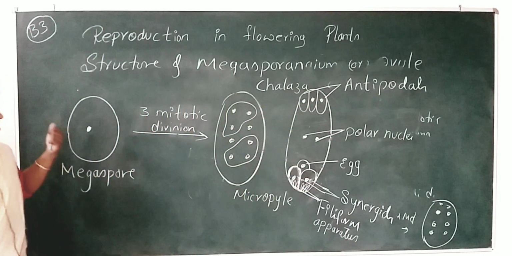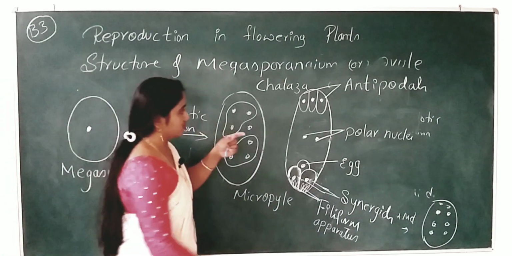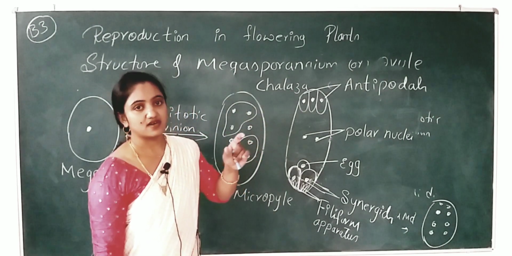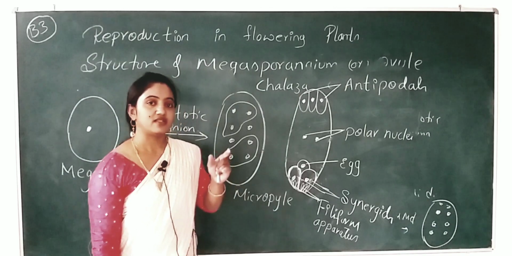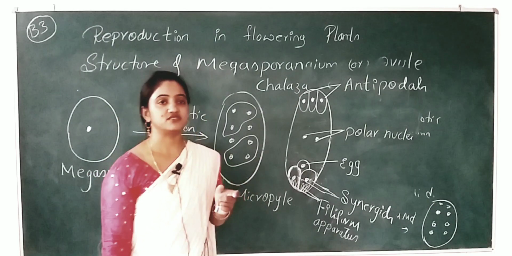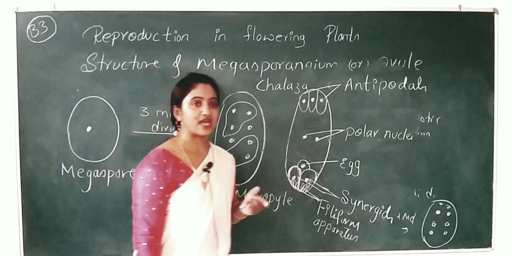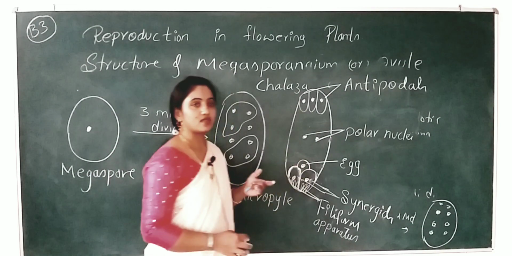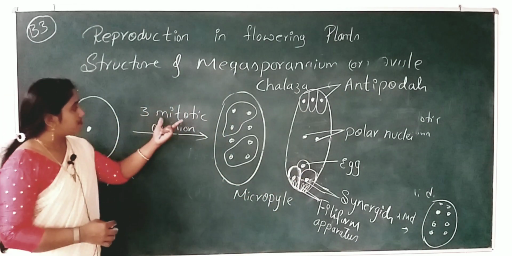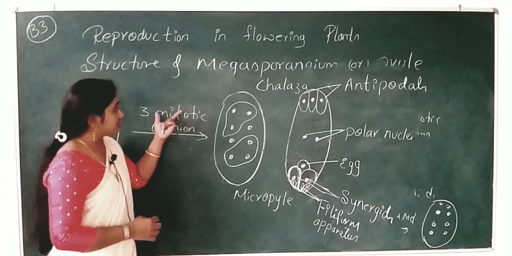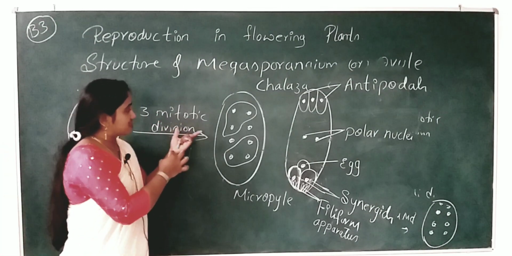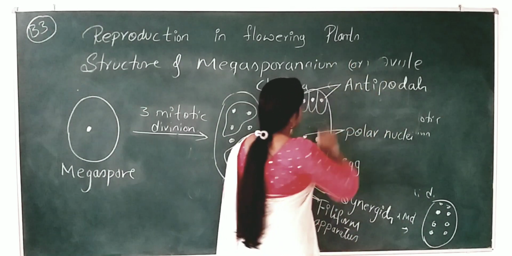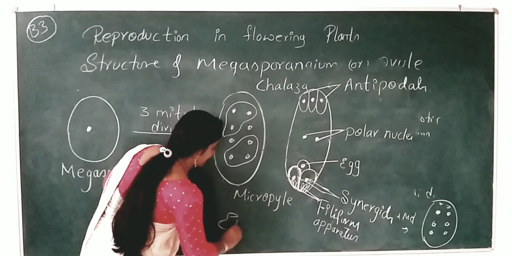Earlier I have drawn, no, that one is the anatropous funiculus. So, one of the cells of the nucellus will become bigger. It forms the megaspore mother cell. The megaspore mother cell undergoes meiotic division. After the meiotic division, 4 haploid cells will form. Only one cell will remain, and it undergoes 3 mitotic divisions. The resultant product of the 3 mitotic divisions is what we call the embryo sac. Yes, this is the structure of the embryo sac.